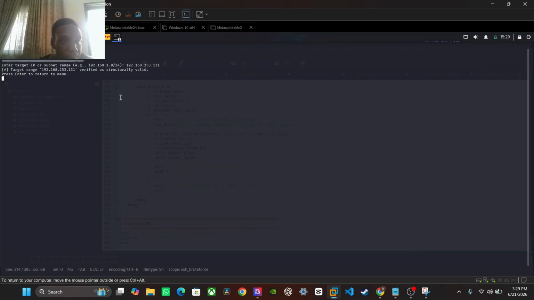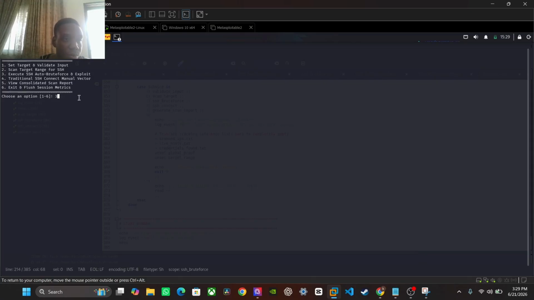As you can see, my IP has been inputted and validated. I will now move into the next option, which is to scan for an SSH port. Check whether it's open, and as you can see, it is open. It's giving me a prompt saying that two live hosts are up with SSH. That is simply still my hosts with SSH, and it's on. We now want to press enter, and we will then move over to number 3, which